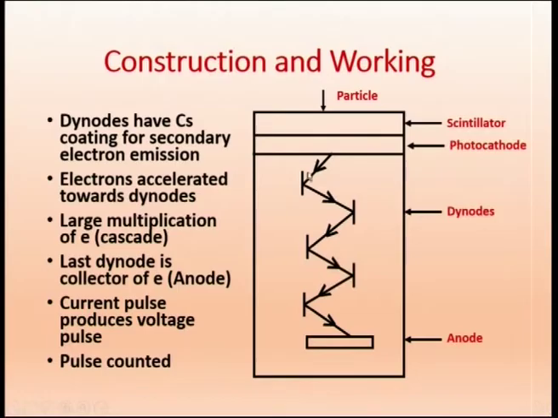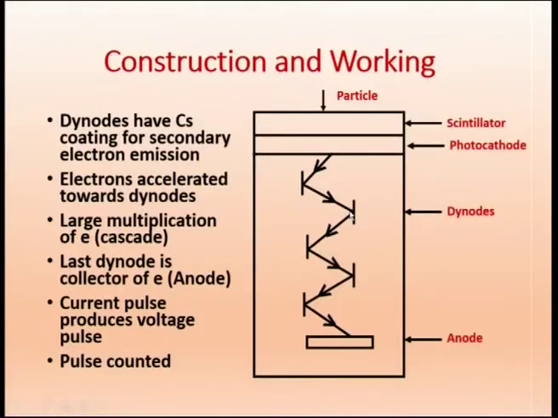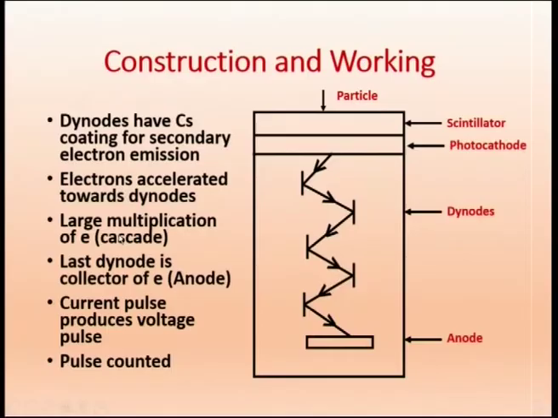Normally from the photocathode, an electron will be emitted in any direction, but once it comes here, because this has got positive potential, the nearest positive potential, it will be attracted towards that. Then a secondary electron will be emitted, and it will be moving towards a greater potential, this one. Because the potential is going on increasing, and the electron is a negatively charged particle, it will be attracted towards the positive. So the electron is accelerated towards the diodes.